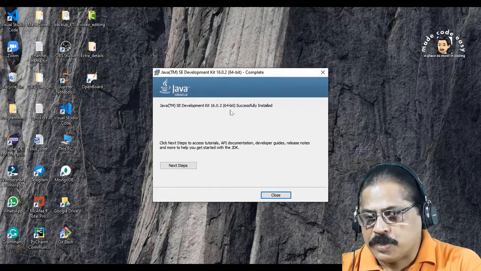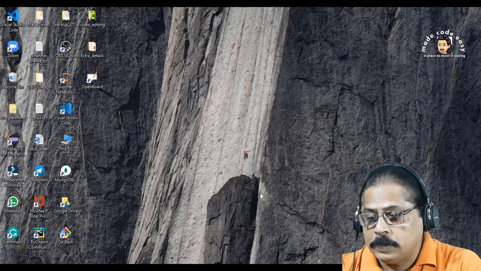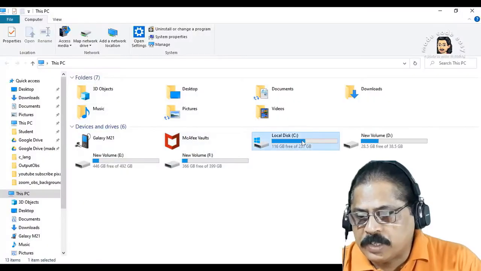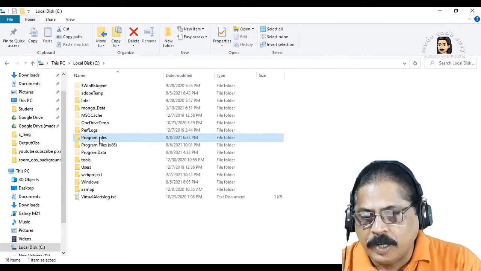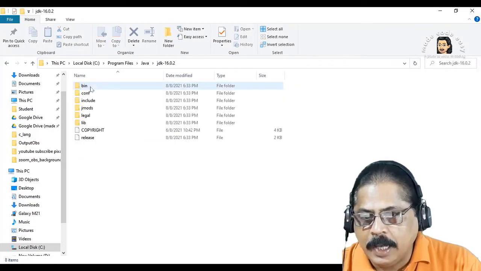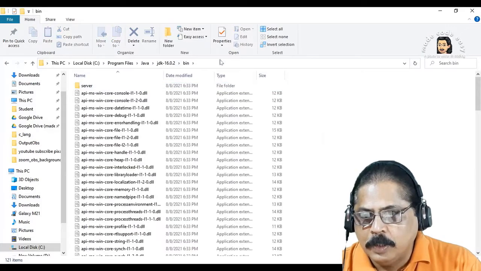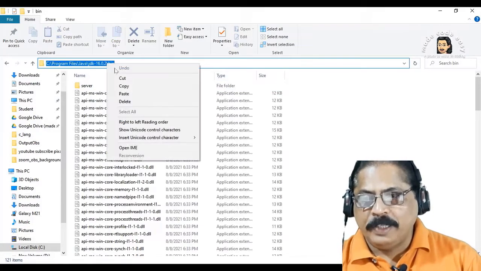Now it is installed. Close. So Java is installed. We'll go to C drive. In C drive we have Program Files, and this is Java, JDK, and this is the path of Java. We'll copy this path.